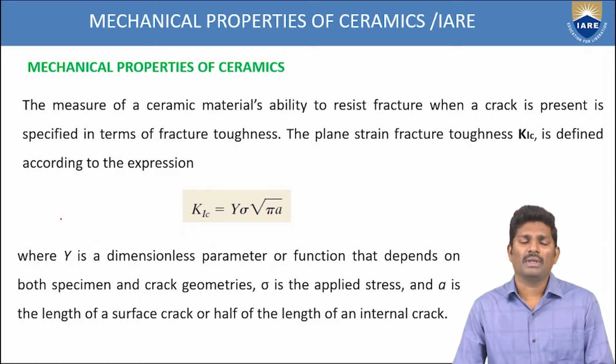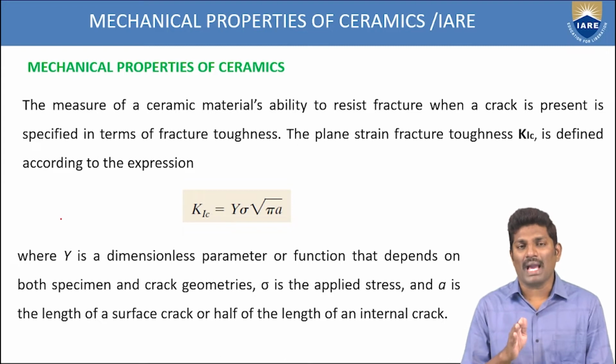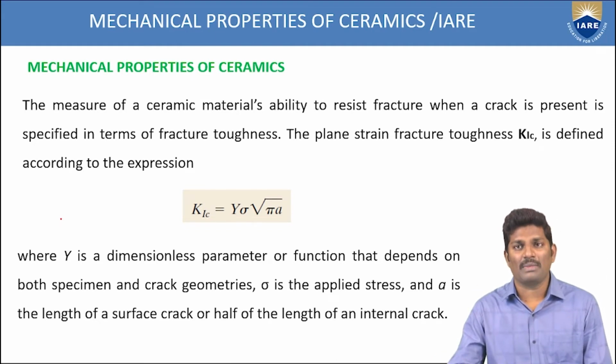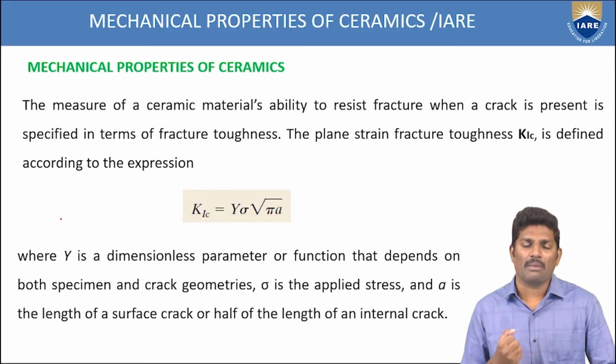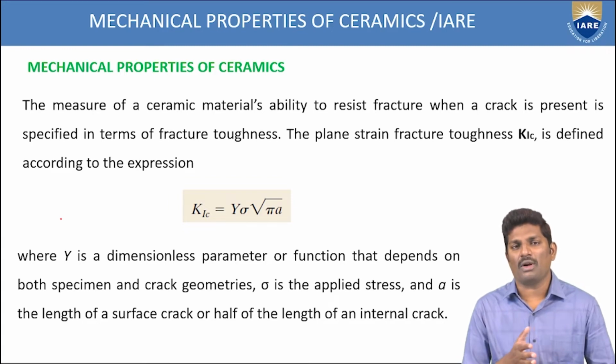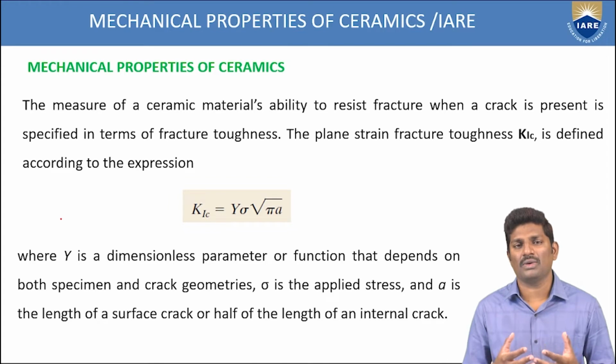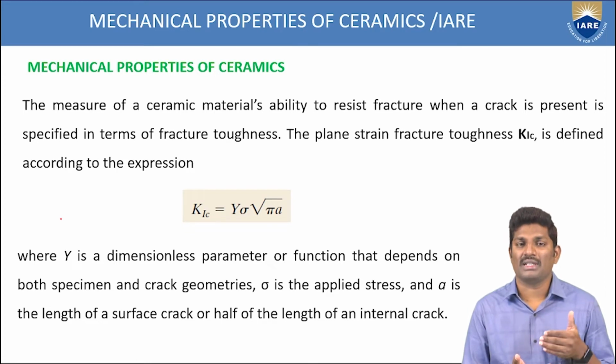Now, if you want to find out the maximum point up to which the brittleness of the material can withstand, we want to calculate that. So, it is the measure of the ceramic material's ability to resist fracture. That means when you apply a load to any material, it fractures in nature. So at what maximum point can it resist? Similarly, up to what point the ceramic materials can resist fracture or brittleness